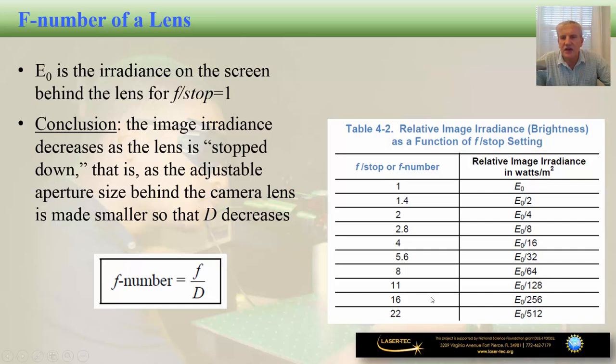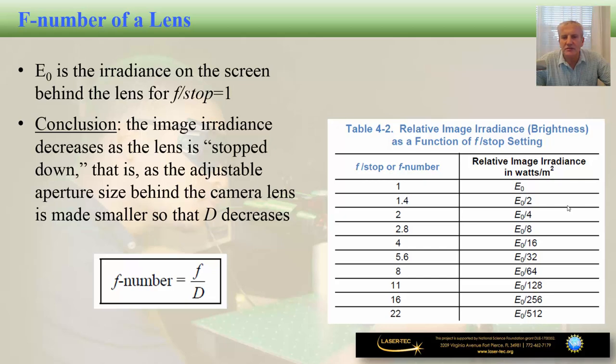and continue increasing the F number, the irradiance that's being passed by the lens is going to be reduced even further. So to conclude, the image irradiance decreases as the lens is stopped down. In other words, the adjustable aperture size behind the camera lens is made smaller so that D decreases. The table on the right hand side again presents the impact on the irradiance as the lens is stopped down